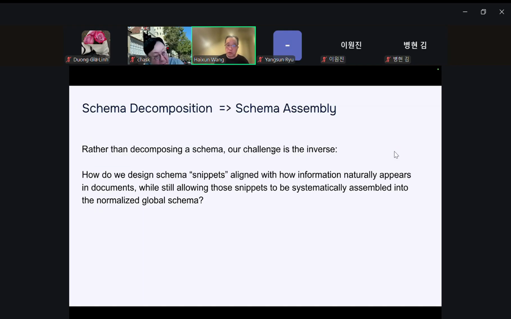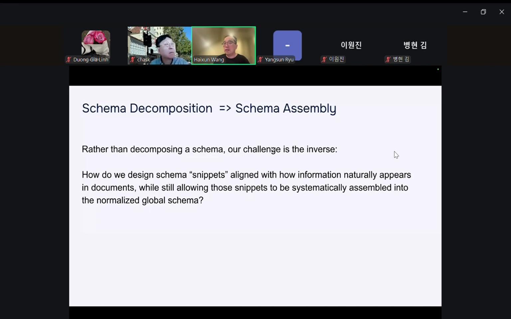So how do we align this information in the documents with the global schema? That's the question. And what we do is, instead of doing schema decomposition, we are doing schema assembly. The question we ask is, how do we design schema snippets aligned with how information naturally appears in documents, while still allowing those snippets to be systematically assembled into the normalized global schema in the final stage, right?